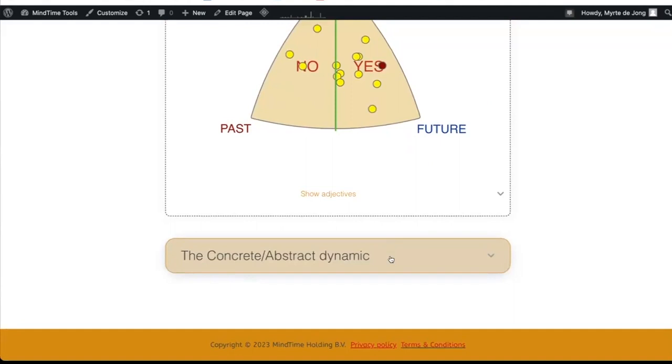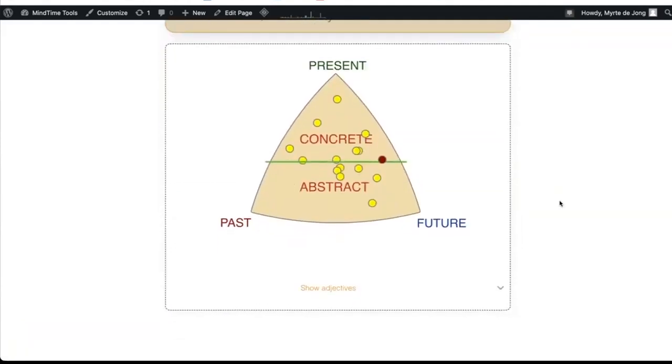And the same goes for the concrete-abstract dynamic. So if we draw a line from east to west or horizontally across the triangle, then we also get a very good sense of how this group might act in a different way. So is there anyone who'd like to maybe share their thoughts on how you think this group will behave given this dynamic? Gareth,